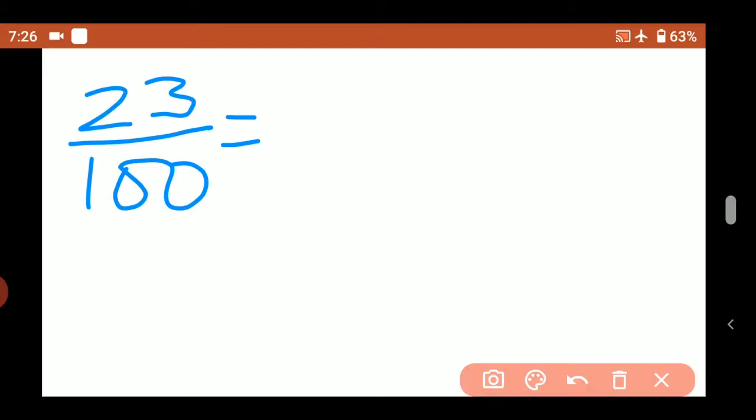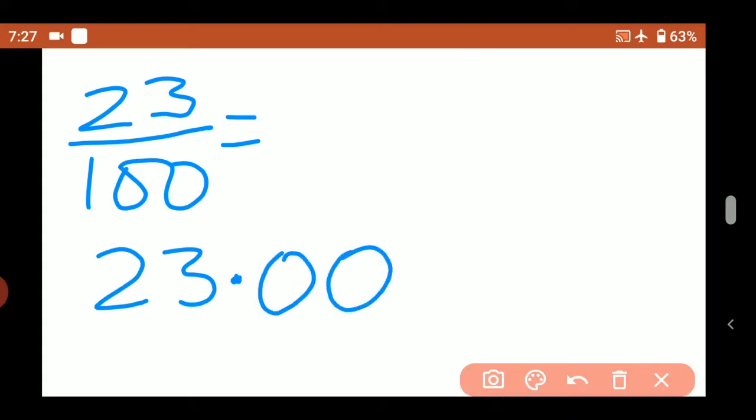Now to convert this to decimals, what you have to see is how many zeros are there in the denominator. As many zeros, that many jumps to the left. Now jumps to the left from where? The question arises, where do you jump from? It's from where the decimal point is. In 23, because it is a whole number, the decimal point is at the extreme right. Whenever you have a whole number, the decimal point is on the right and you can put as many zeros at the right hand side. That doesn't change the number.